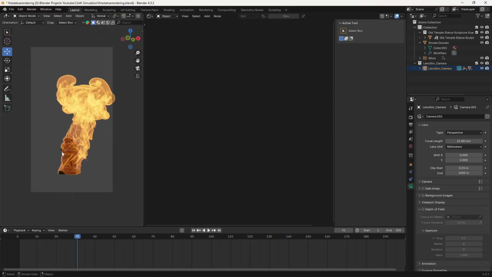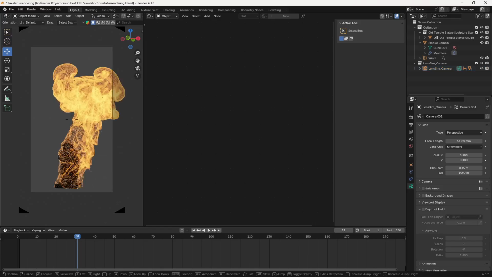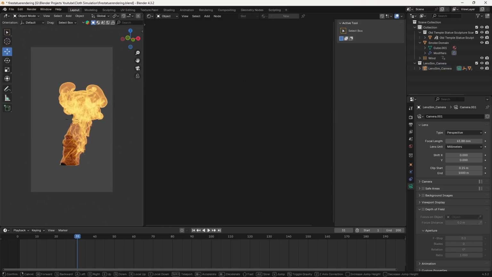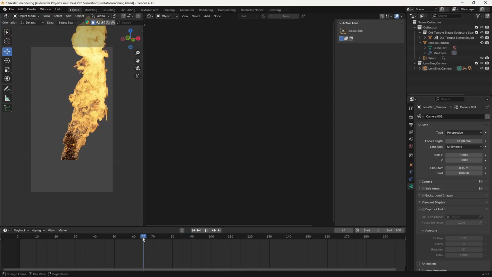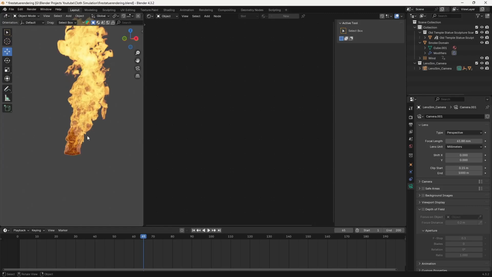I'm going to make sure that my camera is zoomed out here, something like this. And now you can see the result here, what result I am getting. So you can play with the values and all that stuff. If I go out of this camera mode here, you can see the result.